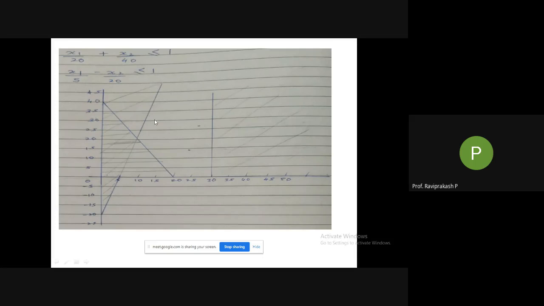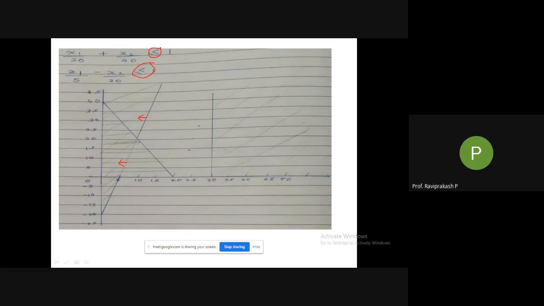What I want to tell you is this: two equations are here. What you need to focus on is the less than or equal to. These two equations are for these two lines, and both are less than or equal to. That means towards the origin, it should be on this side. So I'm drawing a line here. This indicates the area under that particular line.